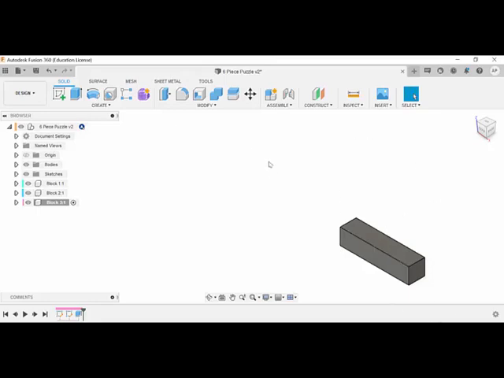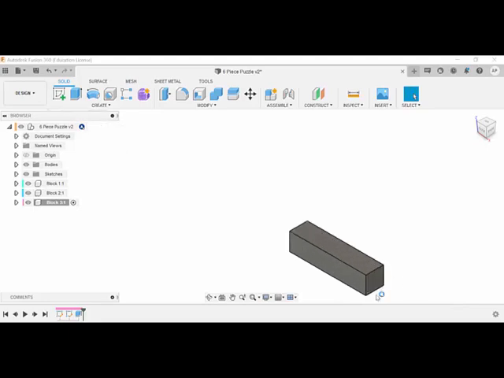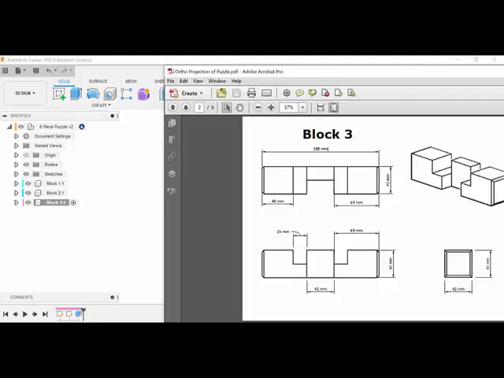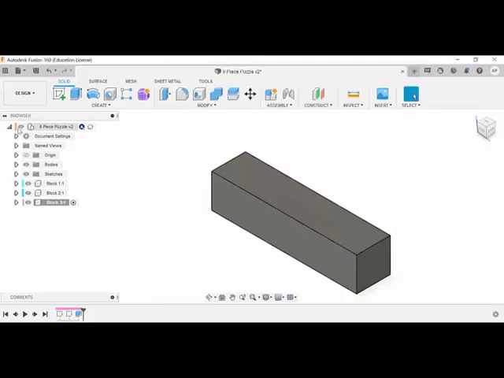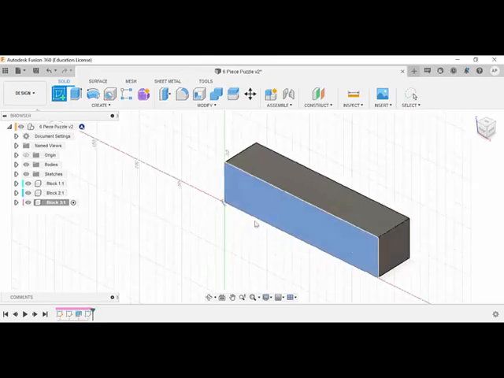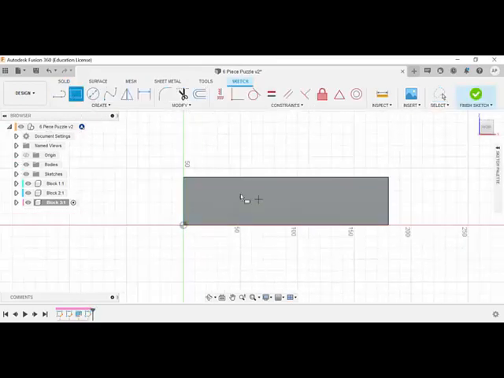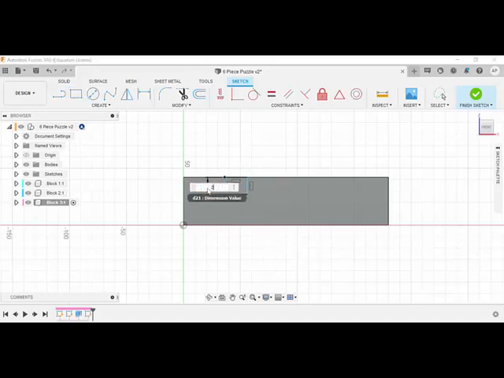So we now go, we can click on fit, shows us all of them. So let's just come down to here, and now we've done top view, we're looking at our front view. So we'll draw this 21 by 21 square, and it's 48 millimeters across. So get our sketch tool, look at our front view, grab ourselves the rectangle tool, but we'll draw a square, and we'll dimension that to be 21